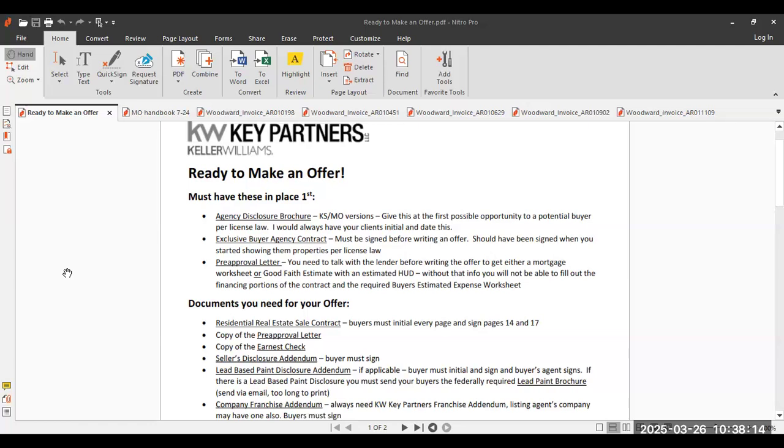We will start there. You need to have your agency disclosure brochure sent to your buyer. Again, I hope you've already done that when you sent your agency agreement to them. Send it for both states to begin with, but make sure that you've sent it for the state in which this property is located, just to make sure that you're covered there. So your agency disclosure brochure, your exclusive buyer agency agreement signed, and your pre-approval letter or proof of funds